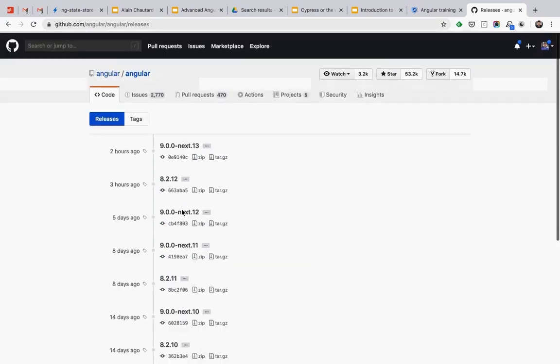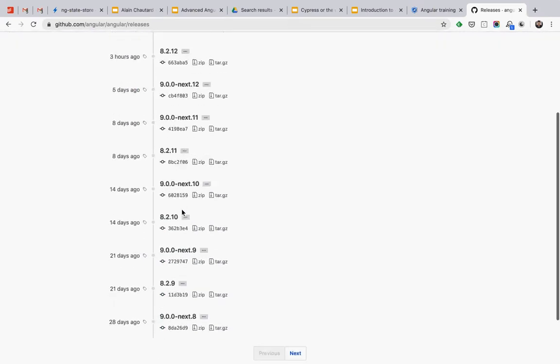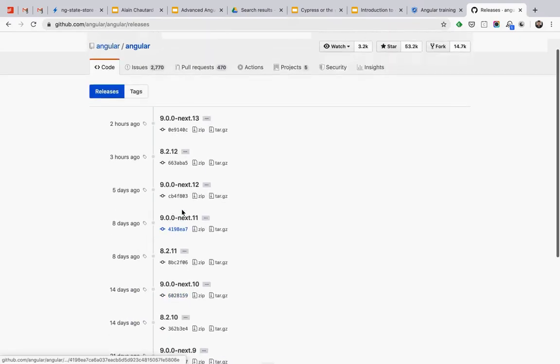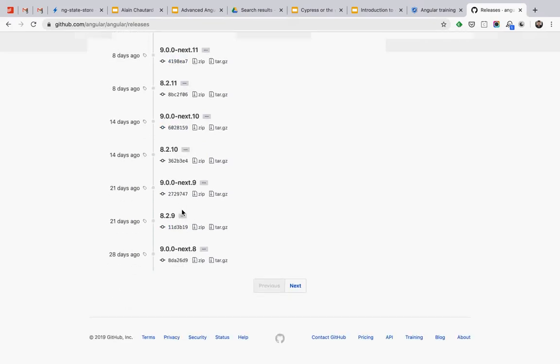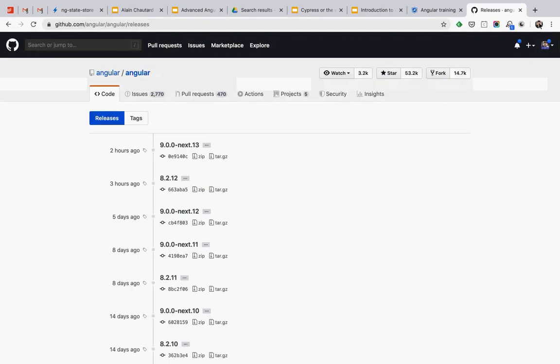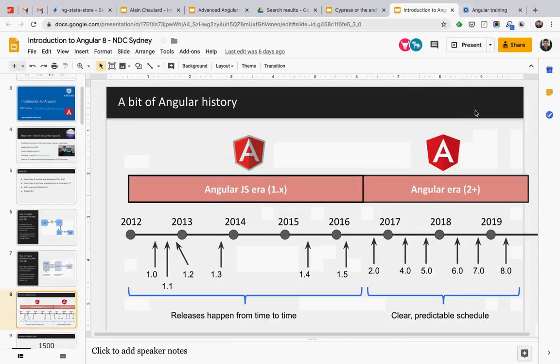So it's extremely dynamic. You can see that within the last month we had 3, 6, 9, 10 different releases in just 28 days. So yeah, it's a crazy rhythm. I don't know how to do that.